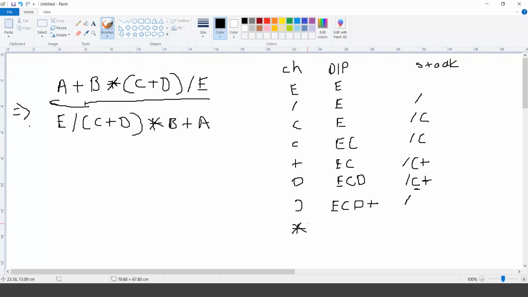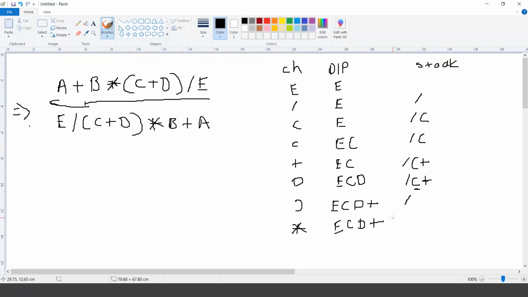reading the multiplication operation. Now, if we look at the status of the stack, this is the output, and in my stack, I have a division operator. Now, the precedence of division and multiplication is the same. So we know that this is the left associativity rule, and if we have operations which are at the same level, in that case, we have to execute the operation which has appeared first, that is on the left-hand side of the expression.